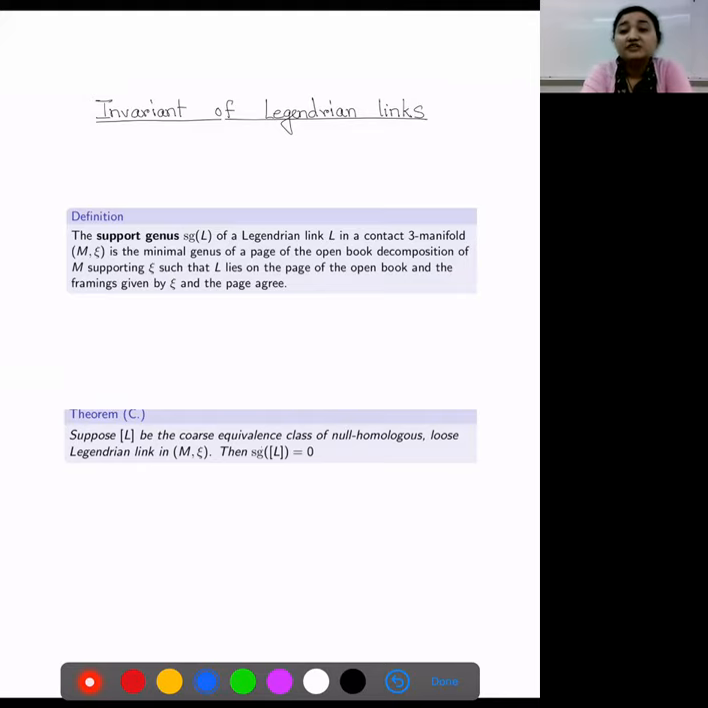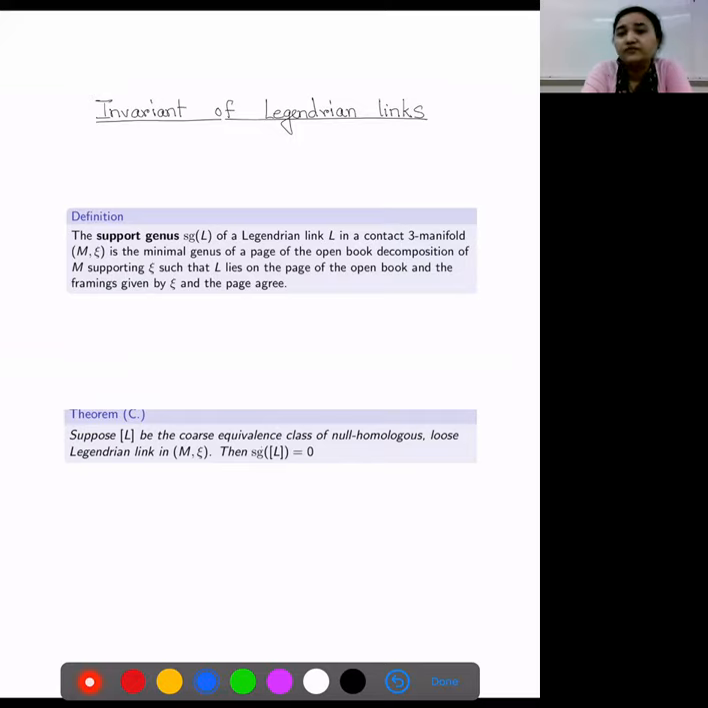It's the minimal genus of the page of the open book which supports the contact structure, because one contact structure can be supported by lots of open books. And we know that all those open books are related by positive stabilization. We just pick the one which has the minimum genus. Later, Onaran defined the support genus of a Legendrian knot, and that naturally extends to support genus of